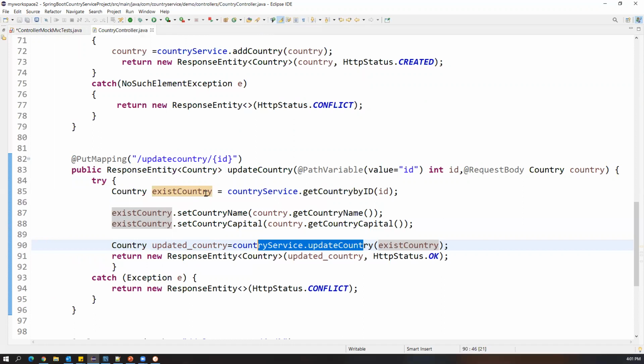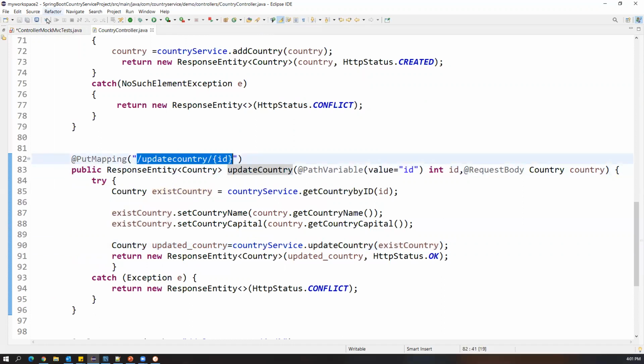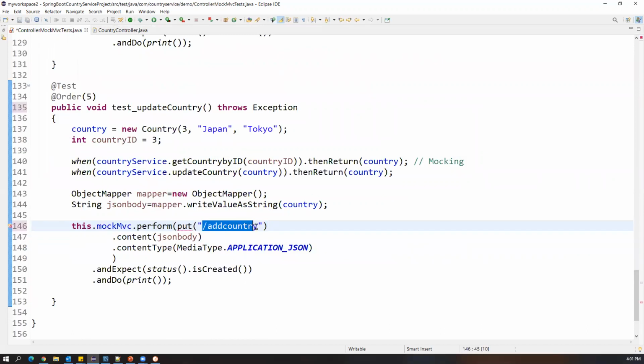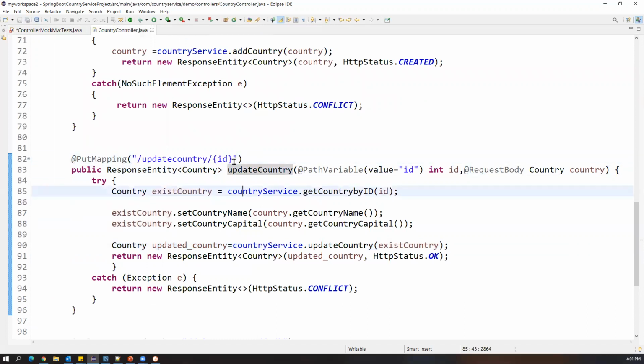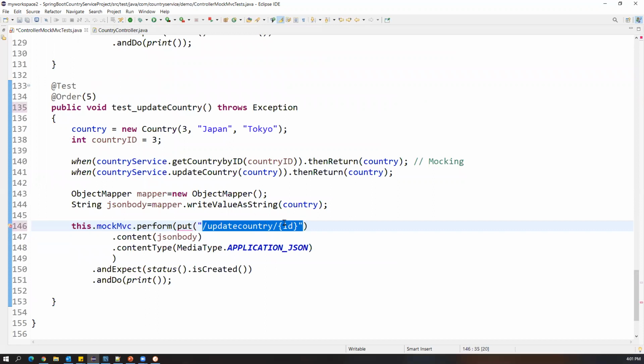And what is the HTTP URL for the update country put request? This is the HTTP URL that we need to pass. Okay, this is a put request. And here, along with this put request URL, we are also passing the ID. If I just look here, the ID is a parameter which we are going to pass. So how we can pass that ID here is we can just say comma and the country ID that we have to specify. Now the put request will go along with the ID. Now this put we have to import.